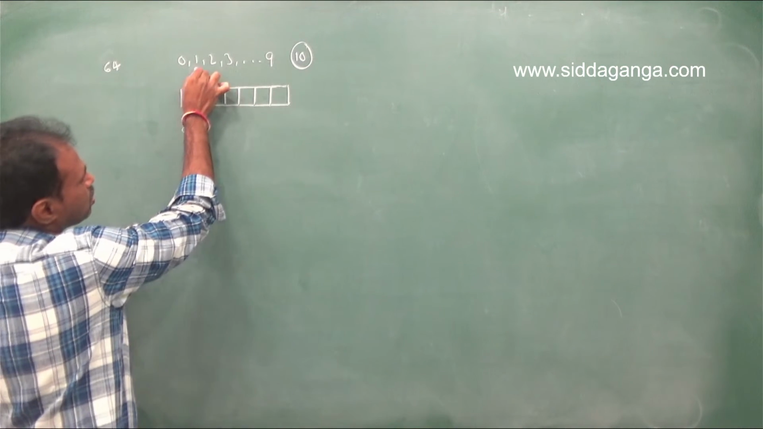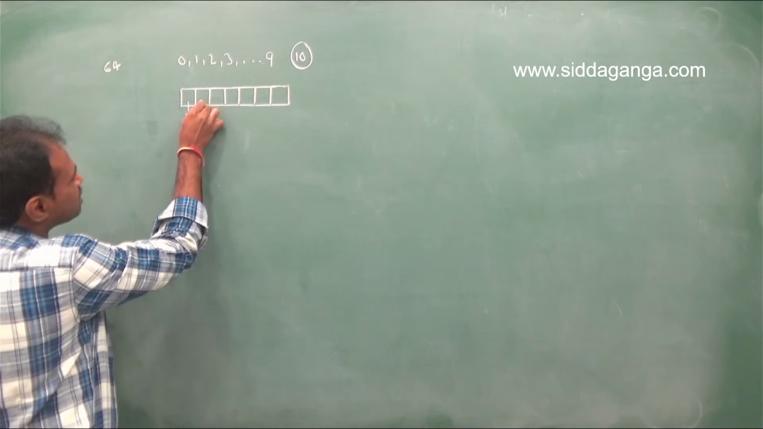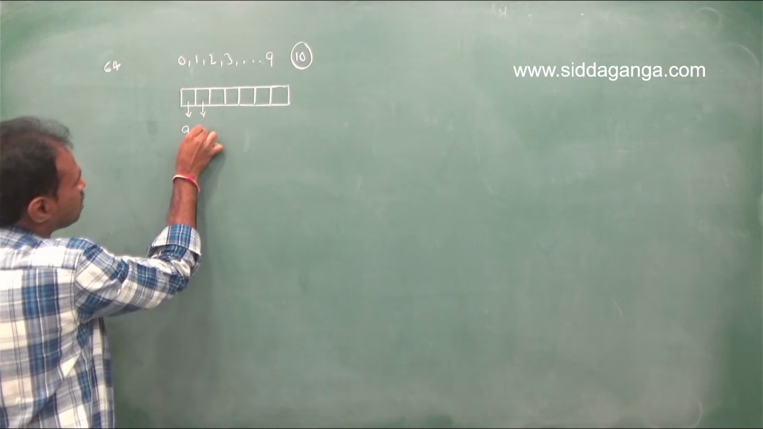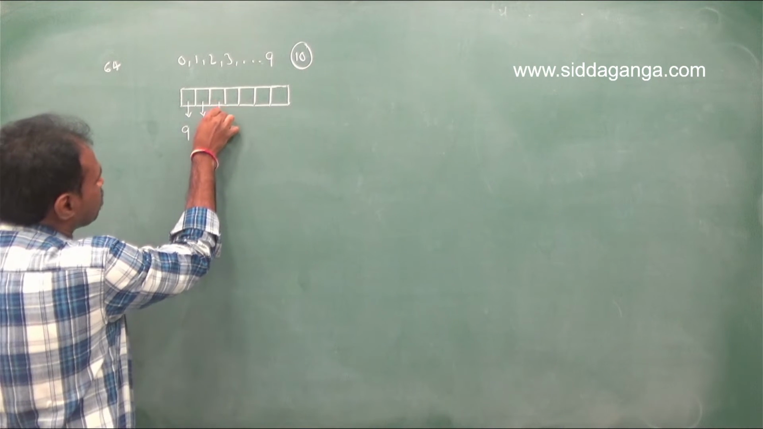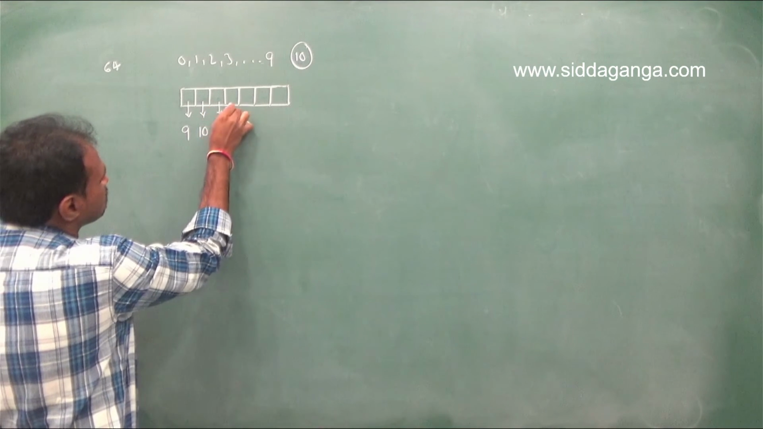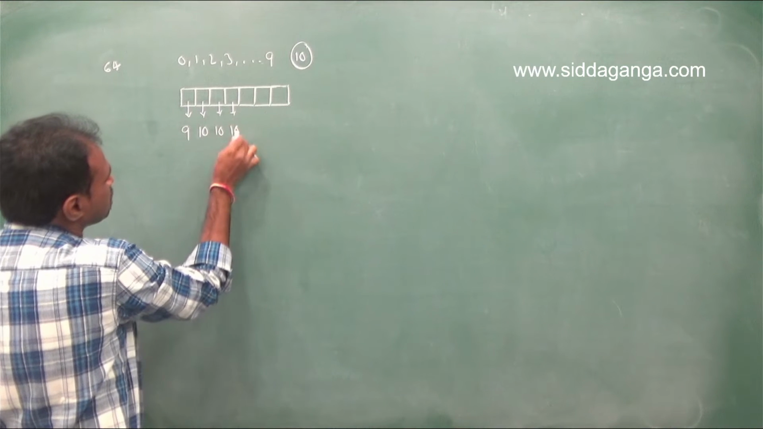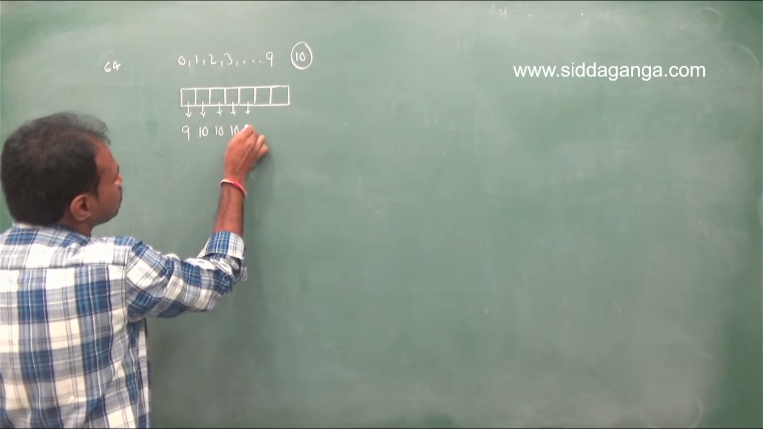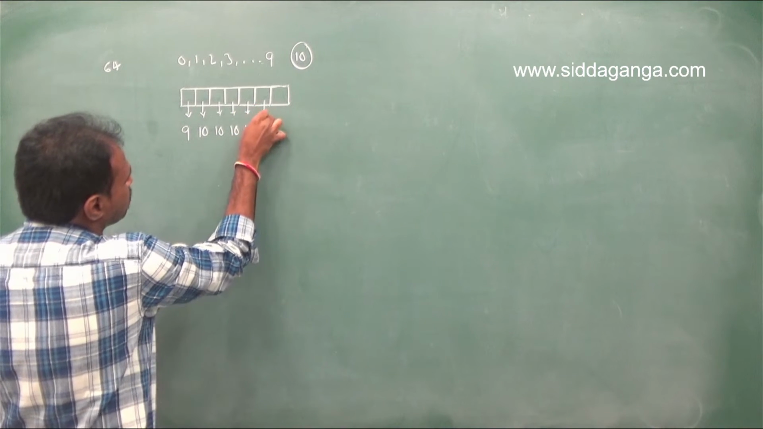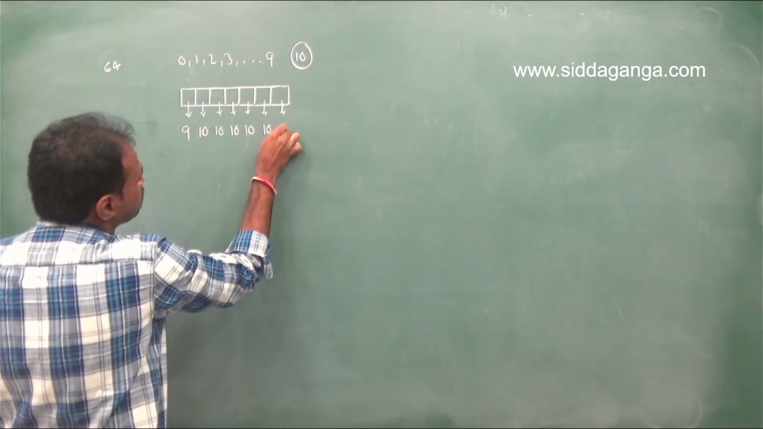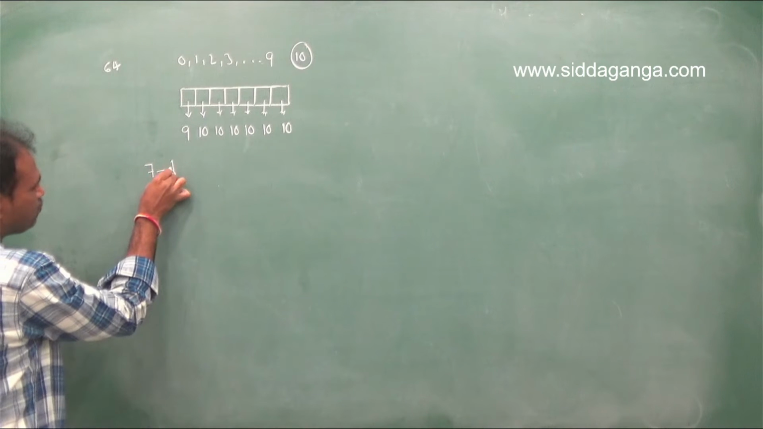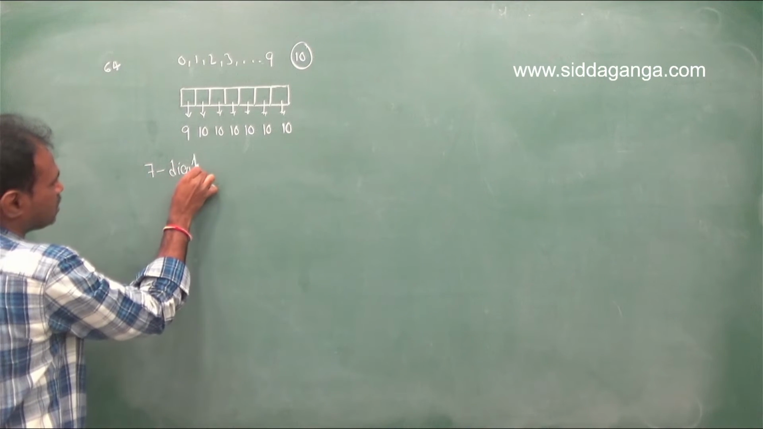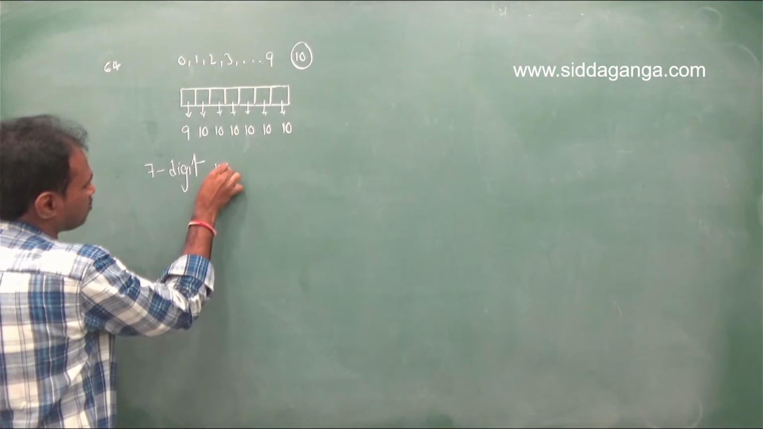Now the first box you can fill in 9 ways. The second box you can fill in 10 ways, as 0 can also be fixed here. The third box 10 ways, the fourth box 10 ways, the fifth box 10 ways, the sixth box 10 ways, and the seventh box 10 ways. Therefore, the total 7-digit numbers